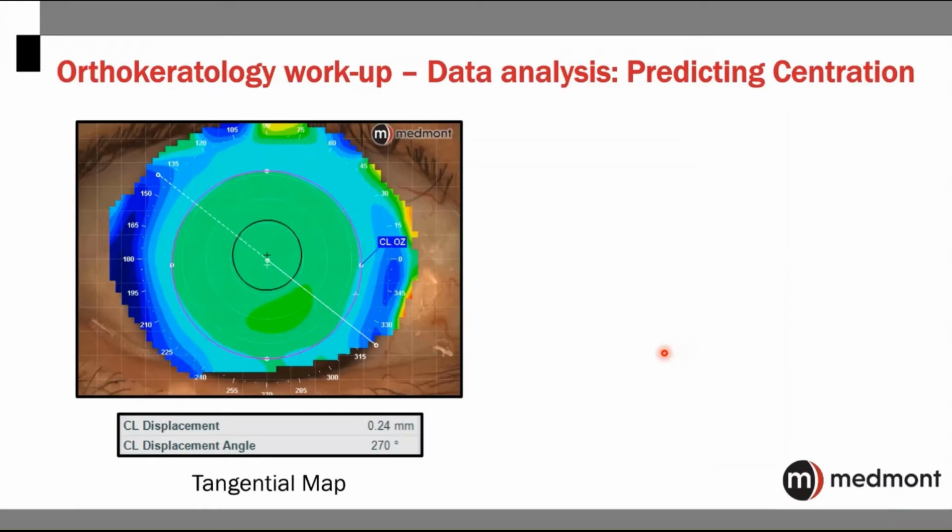Another thing that we can look at pre-fitting is to use this Medmont contact lens displacement attribute. It allows us to place a circle around the zones of the cornea, in this case, the cap of the cornea, this blue-green border. And what we see is the corneal cap is slightly displaced, 0.24 millimeters toward axis 270 based on the tangential